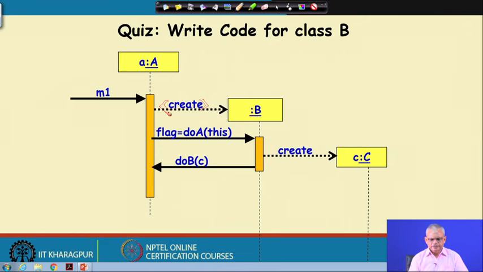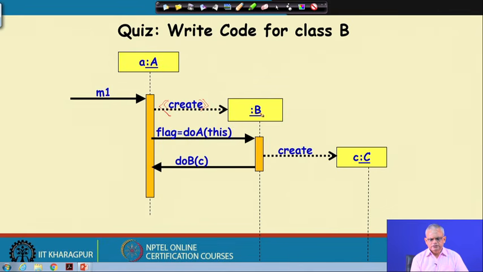It invokes the create on the B class, and the anonymous object gets created here, and then it calls the do A method on the anonymous object of the B class, with argument this, and remember this is the small a itself, and then it returns a flag,